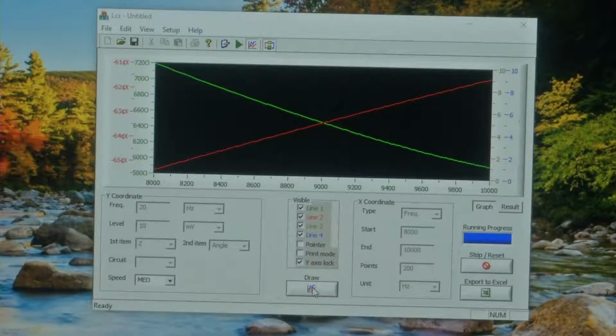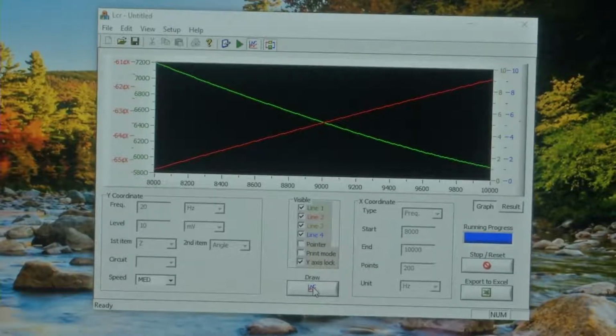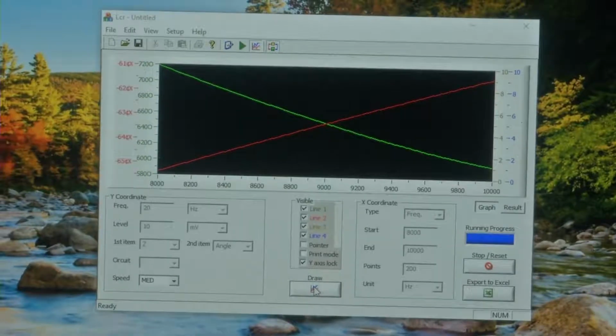So, I have added 20 microliter of drug to the well. We have to wait for at least 2 minutes for the drug to have an effect. We will wait for 2 minutes. So, we have added the drug, we have waited for around 2 minutes for the drug to take effect. Now, it is the eureka moment. Let us do the measurement and see if there is a difference.